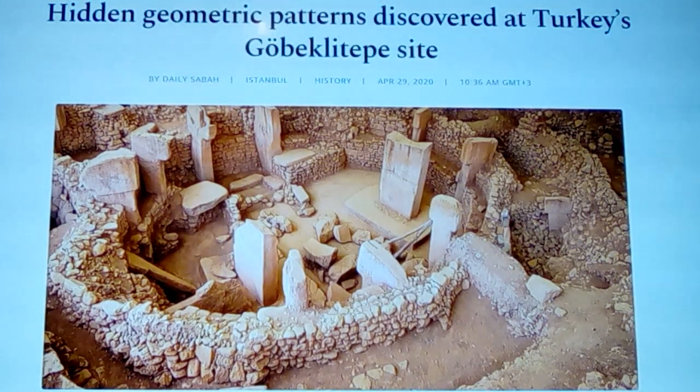Okay, here's an article that shows hidden geometric patterns discovered at Turkey's Gobekli Tepe site. Now, Gobekli Tepe is a site that's reaching right at the end of the Younger Dryas age and a little sooner than that. And this revelation that they've come out with is something that I've been waiting for,